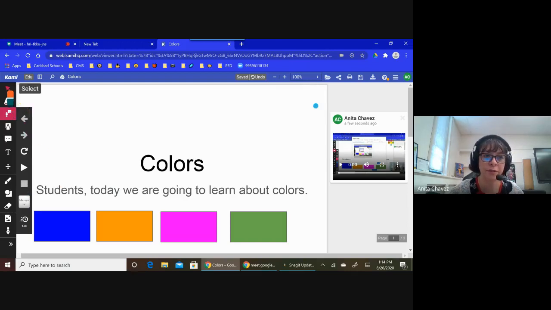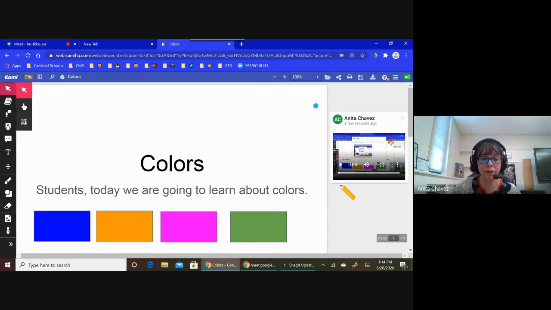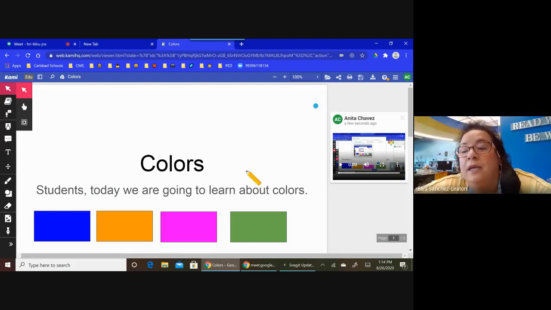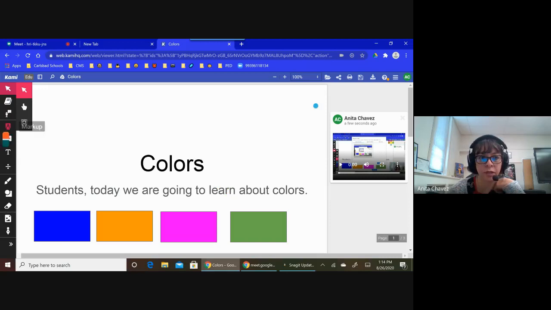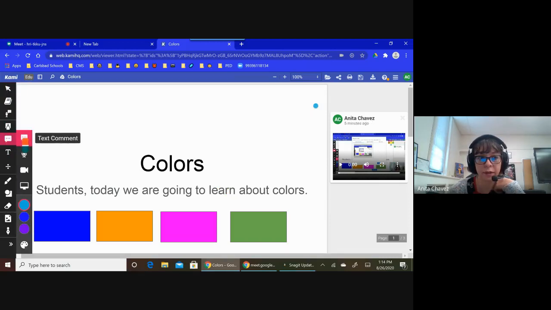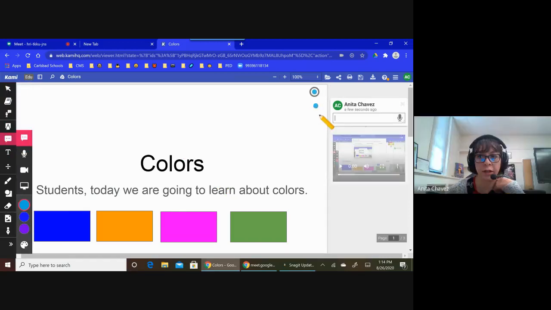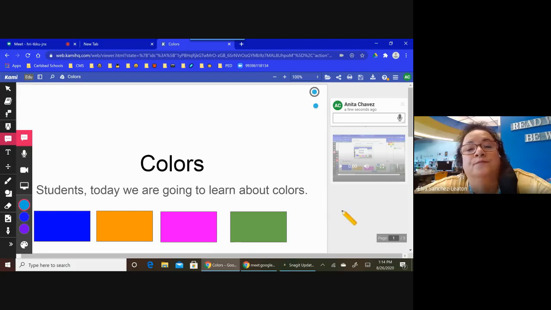So it's a really neat tool, especially for your earlier readers. You can put PDFs like books, if you're doing library and things like that. You can put passages in there for them to read and listen to. You can put YouTube videos using the comment tool. You would just click on it and put the URL into the text comment tool.